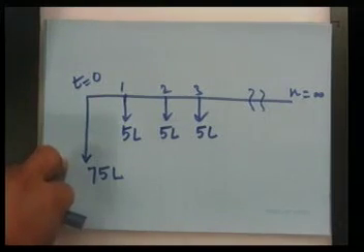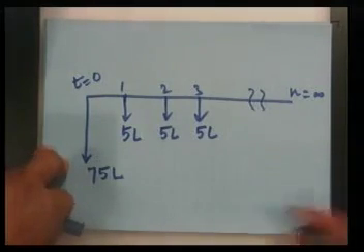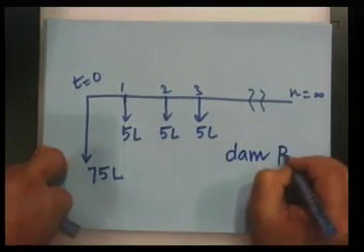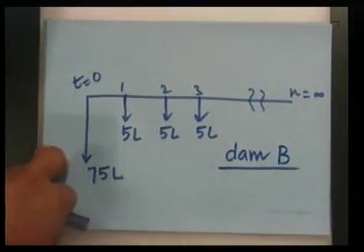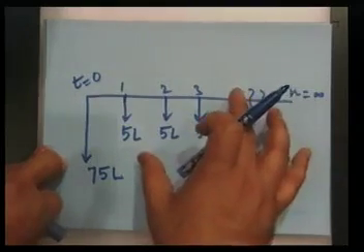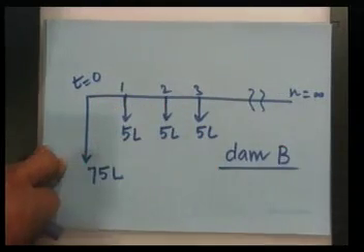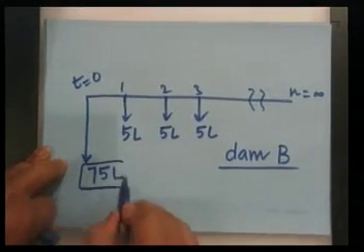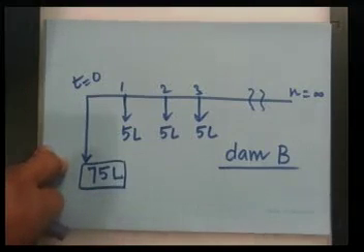Now, what do I have to do? I have to find the capitalized equivalent for both these dams, for both these cash flow diagrams. This is for dam B. Now, your formula is very simple. I am interested in bringing all the sums to time t equal to 0. So, 75 lakhs is here itself at t equal to 0,